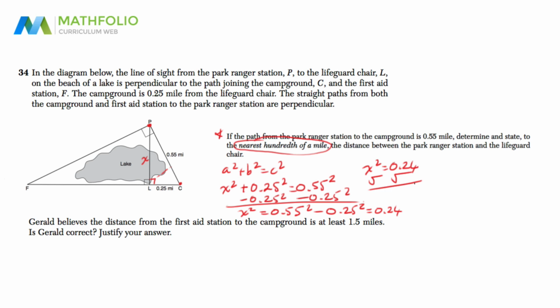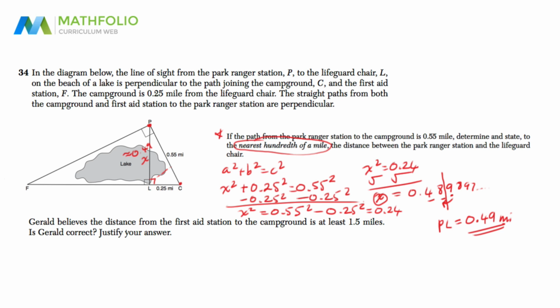So to find x, I've got to square root both. So the square root of 0.24 is an answer that goes on for quite a bit. It's x equals 0.4898489897, and this thing goes on and on and on. But it does say nearest hundredth of a mile, so I've got to chop it here, tenths, hundredths. Now this 9 that I'm about to chop off has the power to raise the score of this 8. So remember, 5 or more, raise the score. 4 or less, let it rest. So we can say that the distance between P and L, which so far we've just been calling X, PL equals 0.49 when we do it to hundredths of a mile. That's our answer. Okay, so let me write that in. That's 0.49,